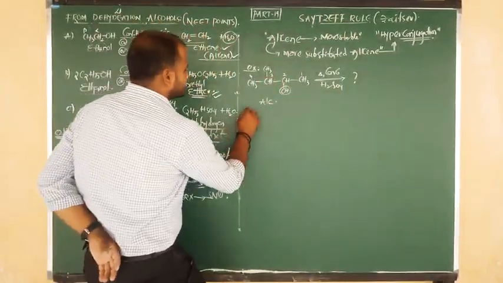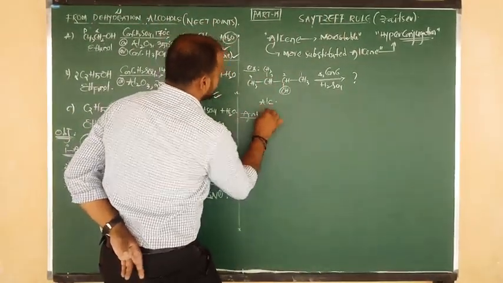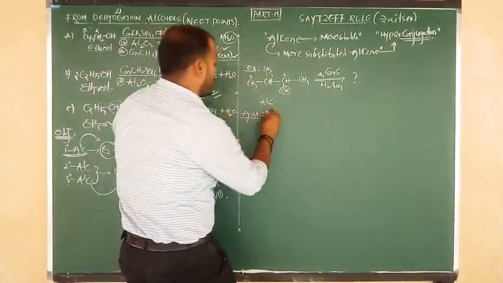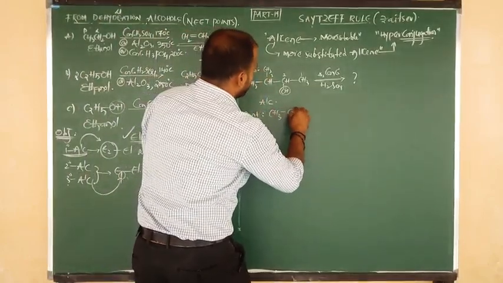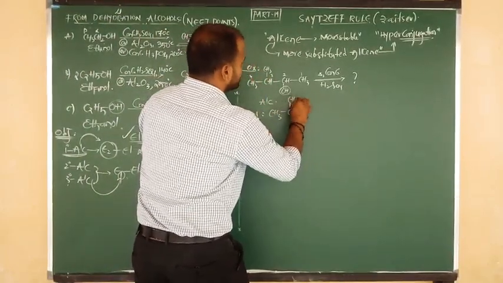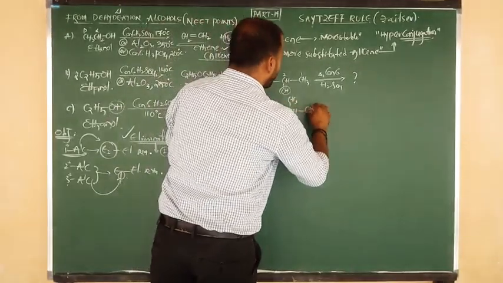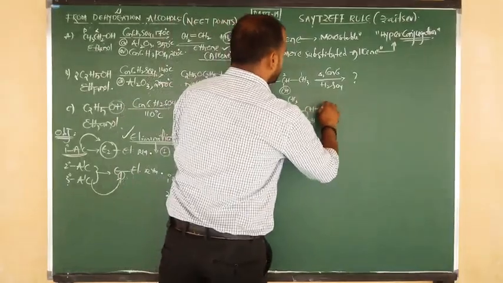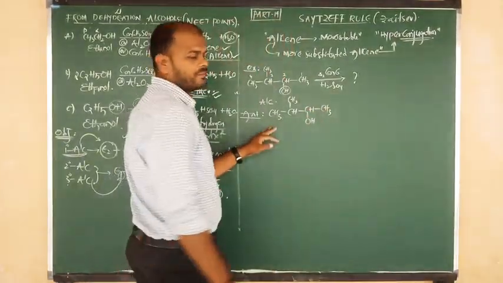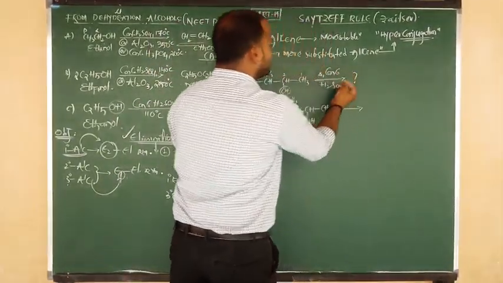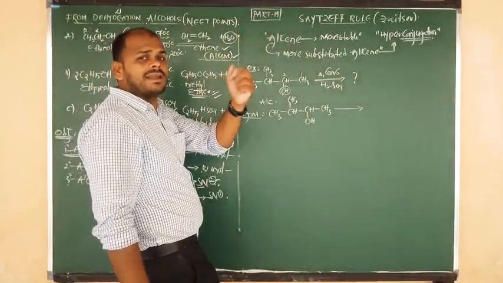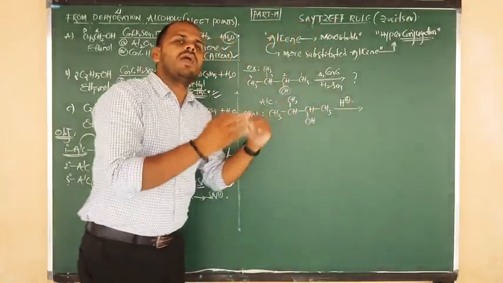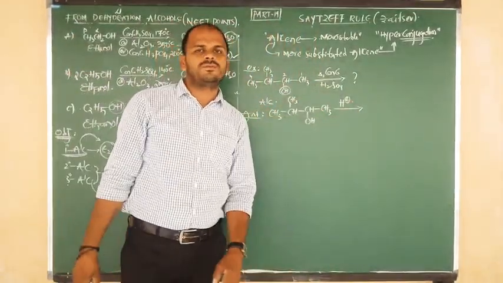Good. Let us start the answer, or we can say the solution, right now. First of all, we take the alcohol as it is given. CH3 bonded to CH, with CH3 above, and that CH connected to another CH. The CH from below is connected to OH, and it is again connected to CH3. Good. So here the reaction takes place with concentrated sulfuric acid, an evergreen dehydrating agent. So we write H plus, which we consider from concentrated sulfuric acid.